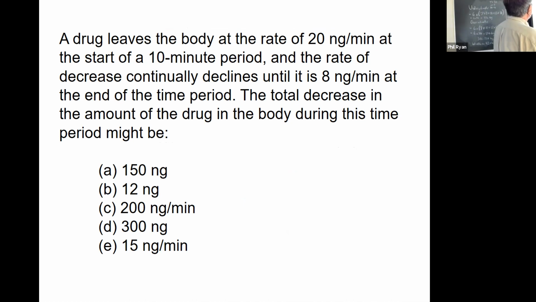Okay, so here's another problem. Different from a velocity problem, but really the same as a velocity problem. A drug leaves the body at the rate of 20 nanograms per minute at the start of a 10-minute period. And the rate continually declines until it is 8 nanograms per minute at the end of the time period. The total decrease in the amount of the drug in the body during this time might be